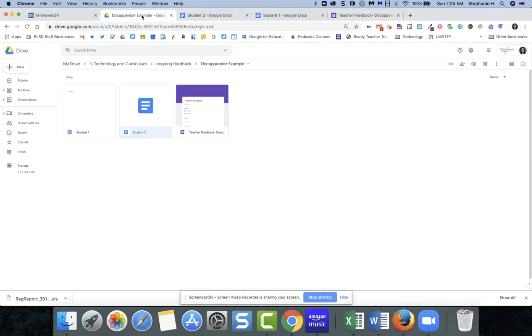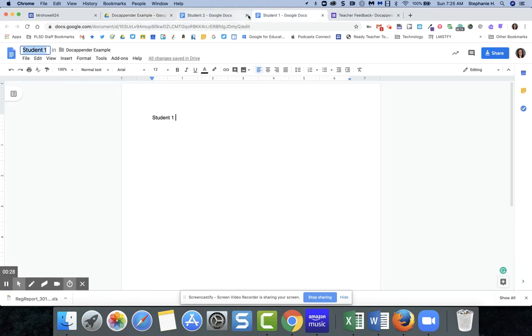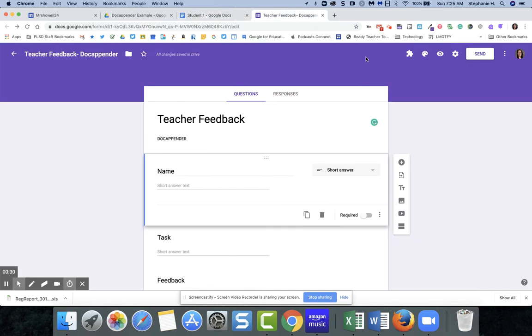for today. Then you're going to want to create a folder. In the folder, you're going to want to add Google Docs of the student's name. So I just put student 1, made a copy, and I just put student 2. Once you have your Google Docs, you are going to go back to the Google form, and you're going to